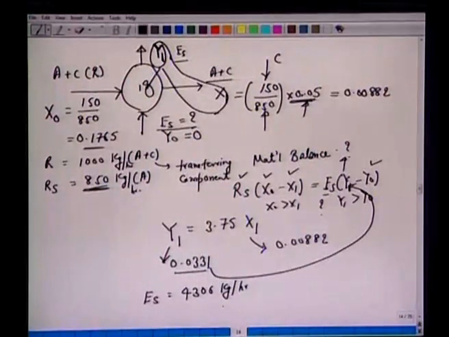Two streams are brought in contact, they spend a good amount of time there so that the exit concentrations are in equilibrium, and we have been asked to determine the solvent requirement. We wrote down the species balance: whatever is transferred from the R phase goes into the E phase, raffinate to extract phase. And then we apply the equilibrium equation for the exit concentrations y1 and x1. Then we have two unknowns, two equations, and we have solved it.